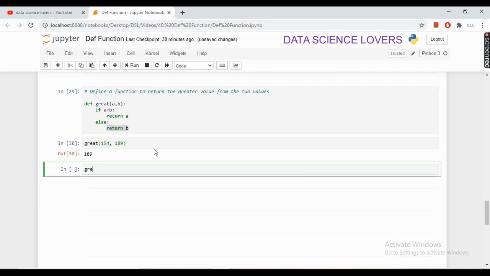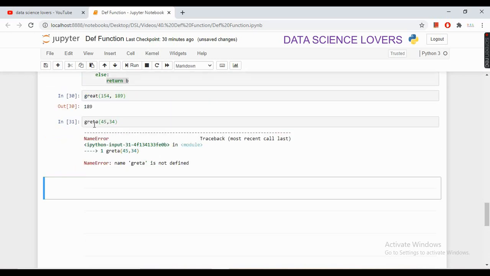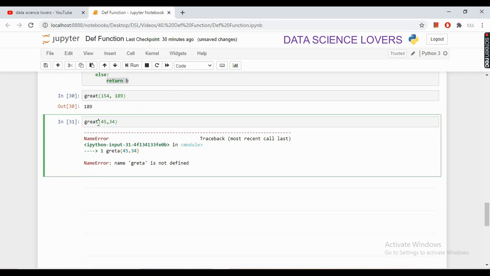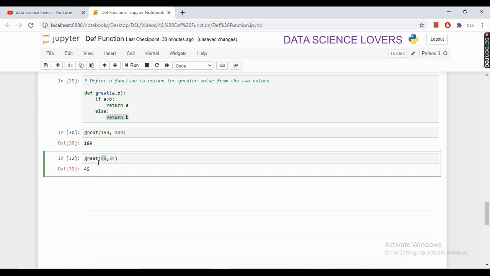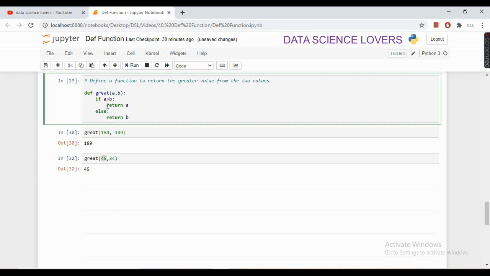If I call this function again, write 45 and 34, we have to write the right function name. Then now it will return the value of a which is 45. Means a is greater than b, so it is returning a.